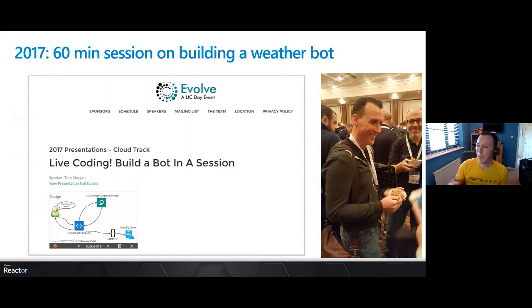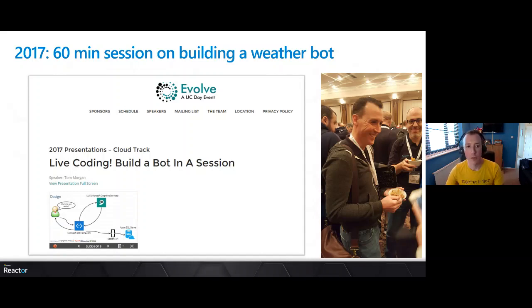In 2017, building that weather bot using the bot framework was a full 60-minute session. It was me sitting in front of a laptop, giving a session for a full 60 minutes, coding it from scratch. It was terrifying to do as a session because it was all live code and there wasn't any time margin for error. And in fact, you can see from this photo someone took at the time, I carried my own keyboard to conferences because I was typing that much code. And honestly, it was probably pretty boring to watch as well.